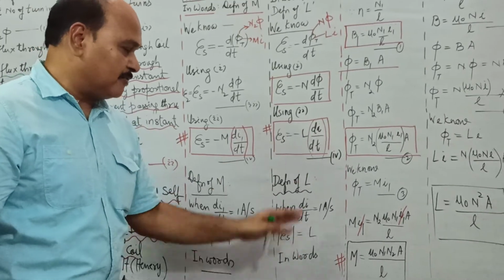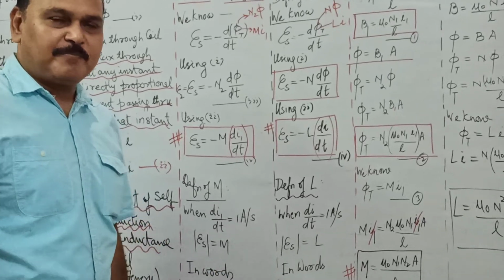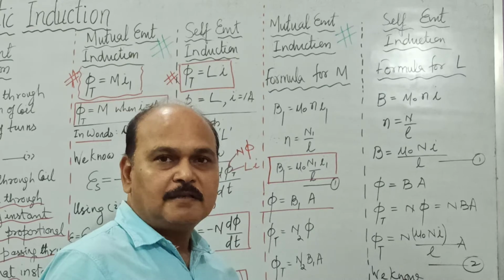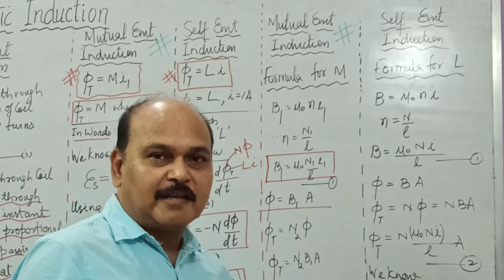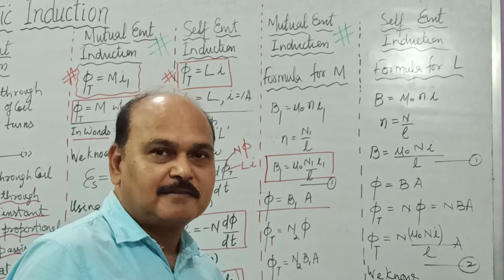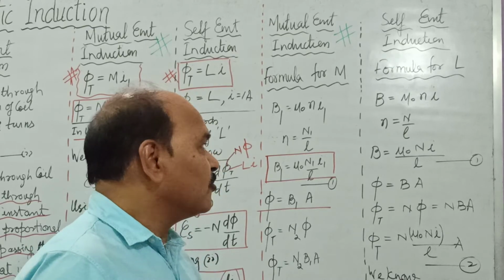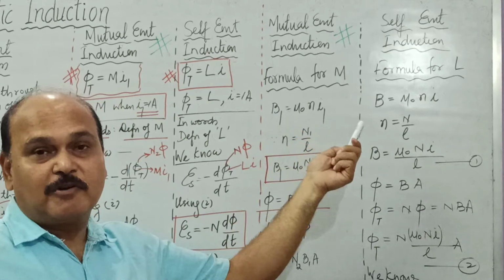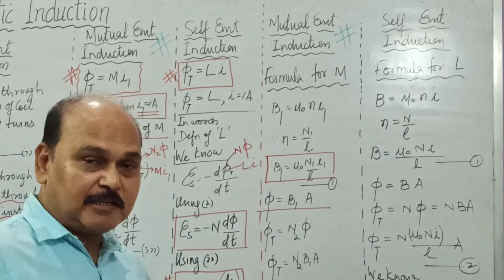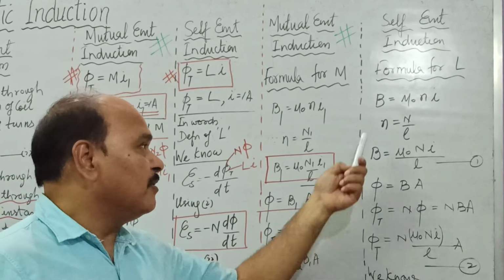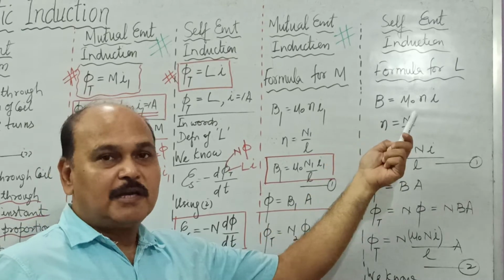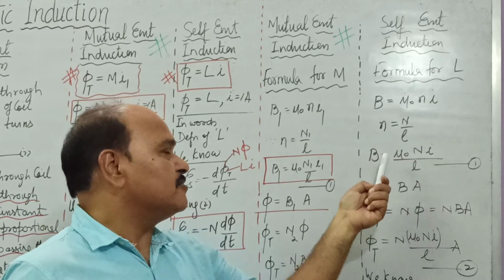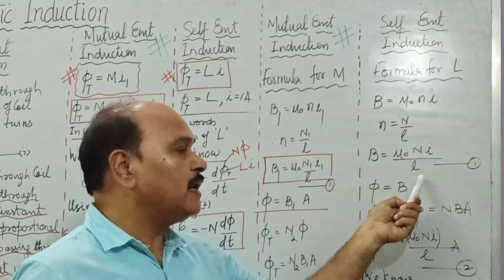So you have to write down these mathematical statements, which are very, very simple, and you have another definition of L. So then let us finally find out an expression for L, which is a constant for a coil. So how do we find out the formula for L? We are going to work out the formula exactly in the same way as we did for M. Well, B is the magnetic field due to the coil, that is mu naught n i. This n is the number of turns per unit length. So the magnetic field is mu naught N i upon l.